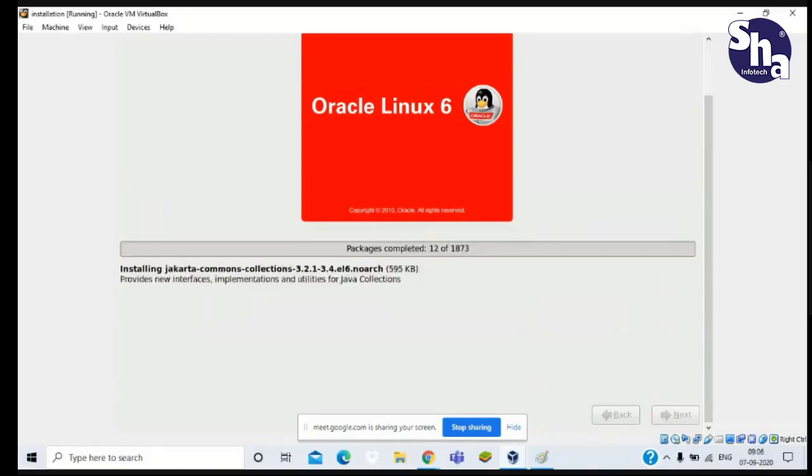If it is not showing 1873 packages here, then you have missed some packages previously. Then you have to download it again. Most probably you can't find the packages that you haven't downloaded or haven't selected. Then you need to install this OS, Linux 6, again. There is no chance of adding any more files to it. Then we have to change other parameters. That will be very hectic for us.